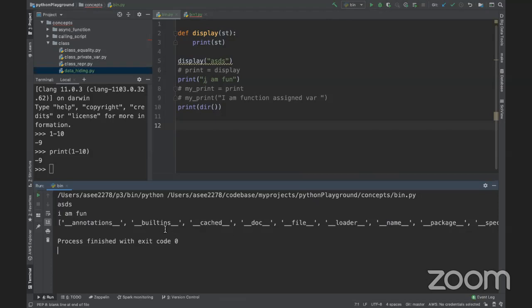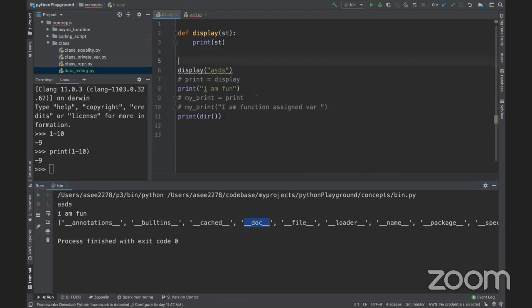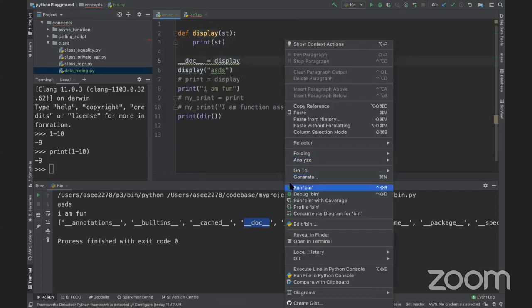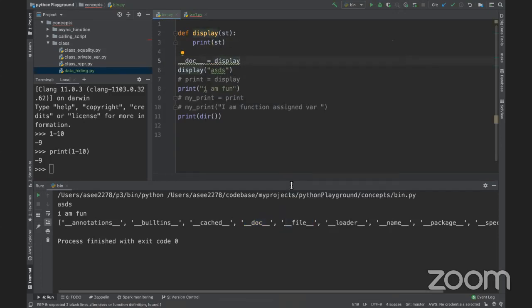There is no harm in doing this. So let's try to define this as display. Now we will run this, which is fine, right? Now we will try to do something like this,